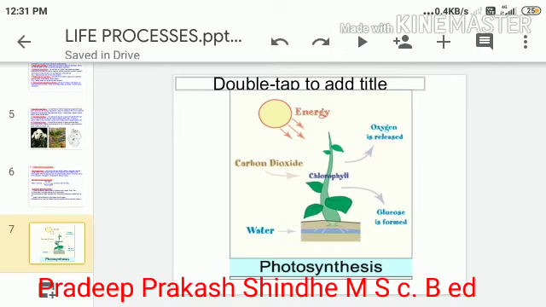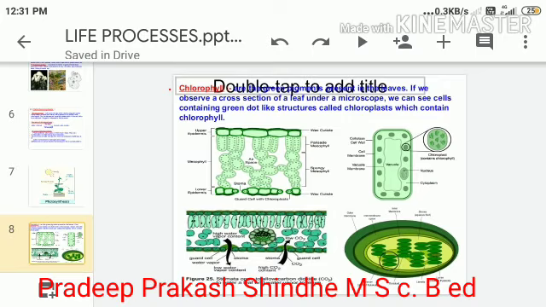In this one we can see the diagram showing chlorophyll, which is present in the leaves, absorbing and trapping the sunlight. Thereafter we are going to see another diagram very important for you, the cross section of a leaf. When you cut the leaf longitudinally, across section, we will get the following parts.